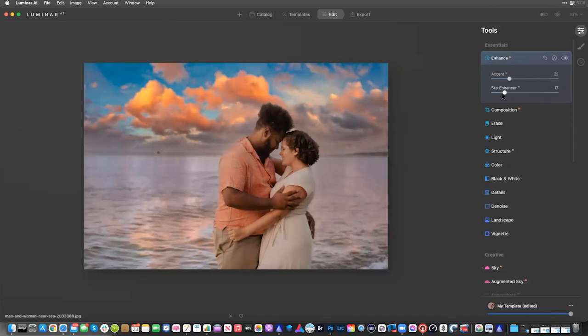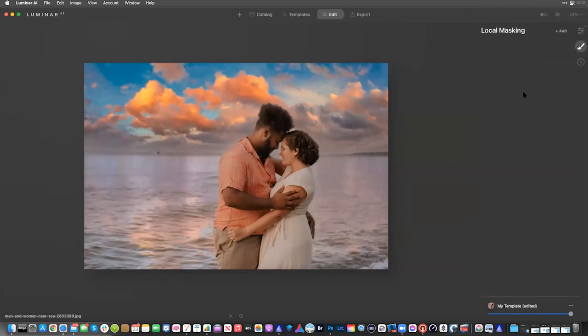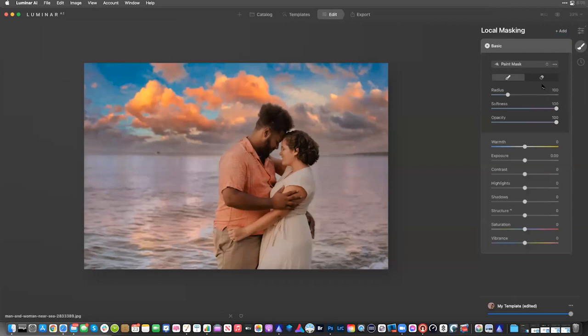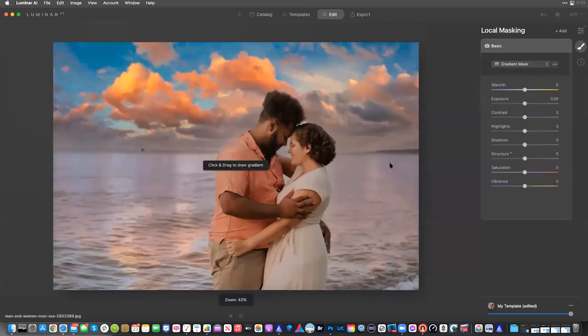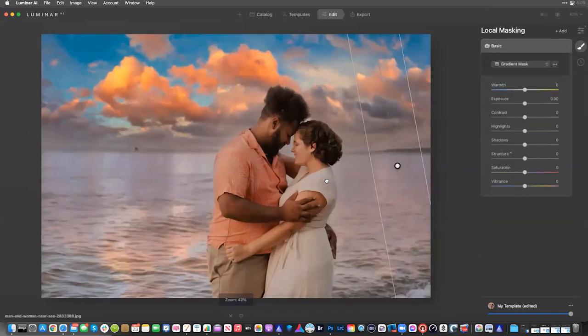So don't forget about the really cool Sky Enhancer tool that works on your existing sky or the new sky that you add in. Also, we've really improved our local masking tools. We'll talk more about texture on that, but you could use this to create a nice basic overlay. So what I can do here is put a gentle gradient or a little bit of a radial. But I'm going to put a gentle gradient mask coming from the back side here